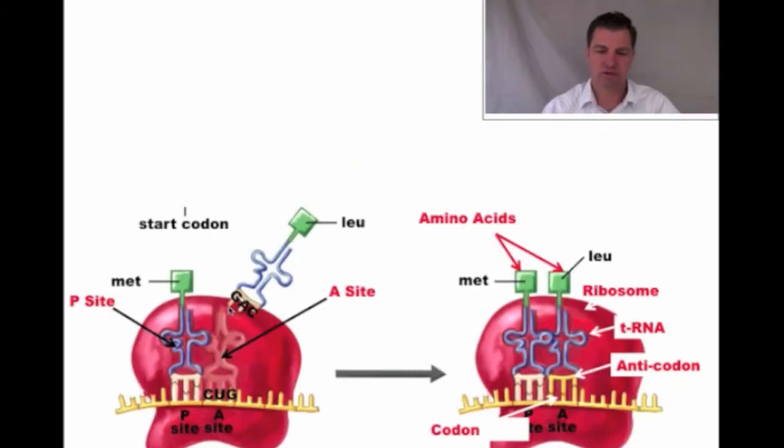Okay, so if you look at this picture here, here's my P site, here's my A site. There's a third site over here. They don't mention this in most Bio 1 textbooks, so I'll mention it because it comes up every now and then, called the E site or the exit site. Essentially, this whole thing's moving that direction. So what I was just telling you, here is my P site, here's my A site, here's my codon down here, that's on the mRNA. That's my messenger RNA.